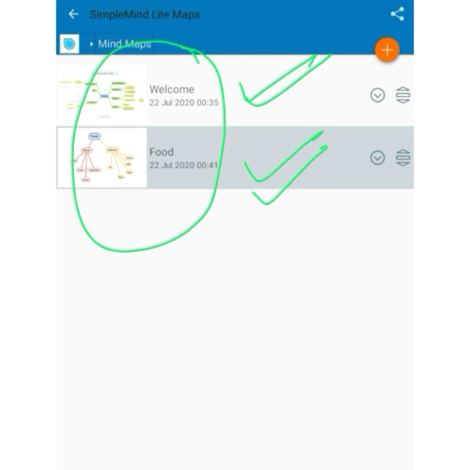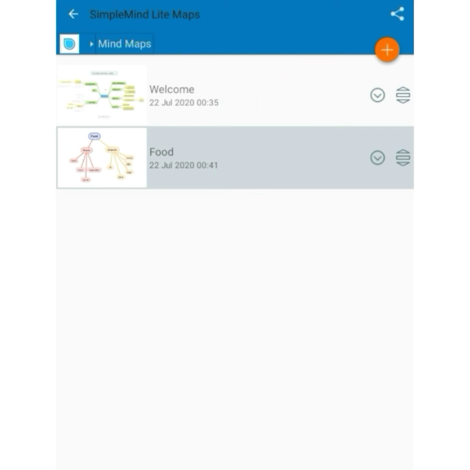So you can easily use this concept map for students in your PPTs and in your videos. You can also delete your concept map from here, and if you want to make some modifications, then you can use this option.